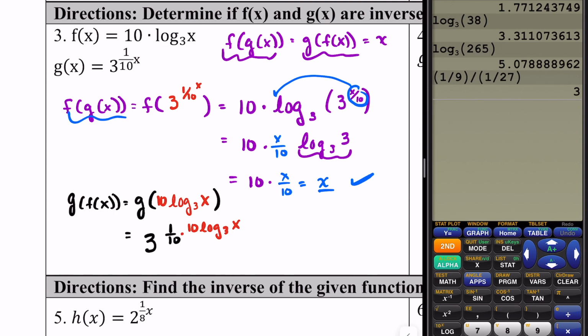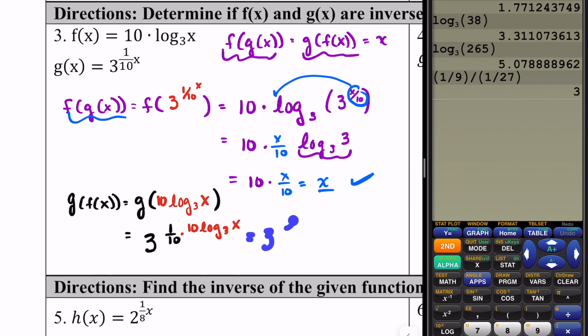Notice I put this in the numerator. Let's go ahead and multiply this little section out. This is just going to divide this red factor by the 10 in the denominator. And so we're going to get